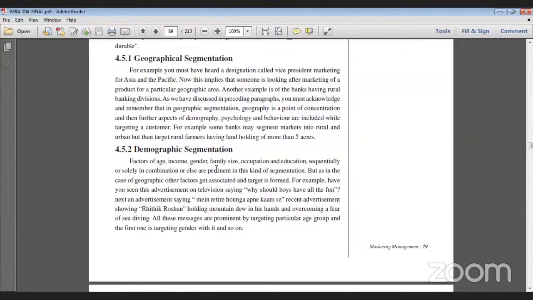Okay, then demographic segmentation, right? Definitely the factors of age, income, gender, family size, occupation, and education. These are all kinds of segmentation. Okay, now